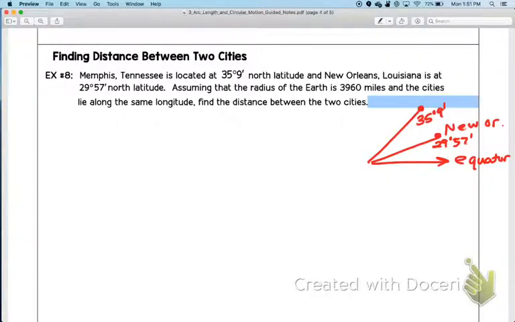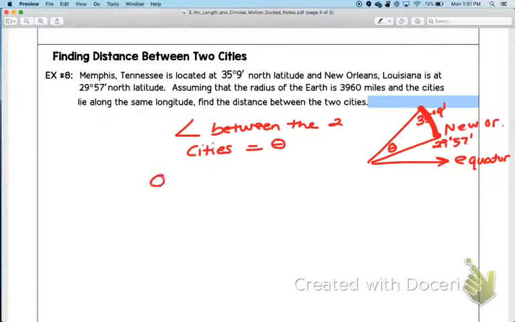We are looking for the angle between the 2 cities, which is going to be right here. That is going to be theta. So the angle between the 2 cities is equal to theta. All right, so let's figure that out. Theta is going to be equal to 35 degrees 9 minutes minus 29 degrees 57 minutes. If I do that conversion to degree decimals, it's about 35.15 degrees